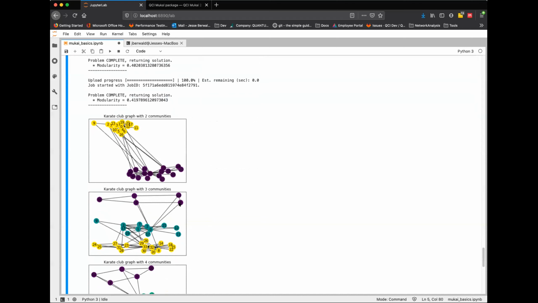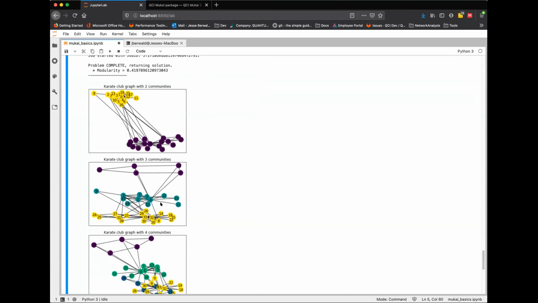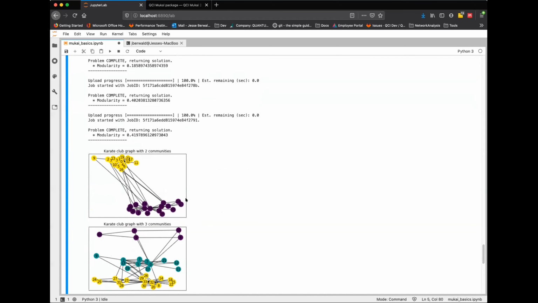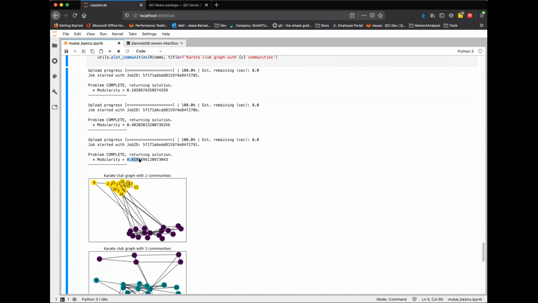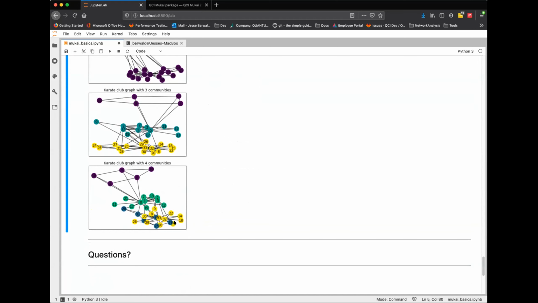For 3 communities, we have much higher modularity, more than doubled, and you can see them represented here. This is that little cluster we saw originally, and then we've got 2 other communities. If we go to 4, this one always renders a little oddly. It's actually slightly higher modularity compared to 3 communities, but it's not as clear, at least in the way I've been able to draw it.